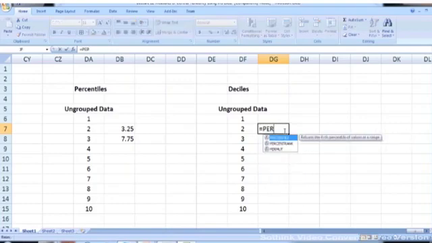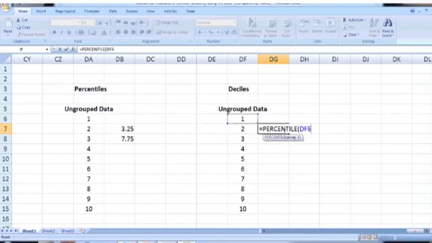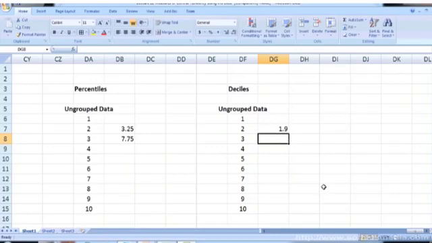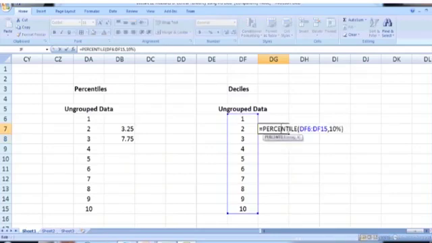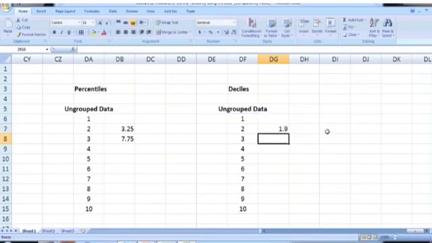So just type percentile and then the required cell, and suppose we are interested in calculating the first decile, we can select 10%. So this is the first decile, and similarly for second decile you can use 20%, for third 30%, and so on. So this is how we can calculate percentiles, quartiles and deciles in MS Excel.